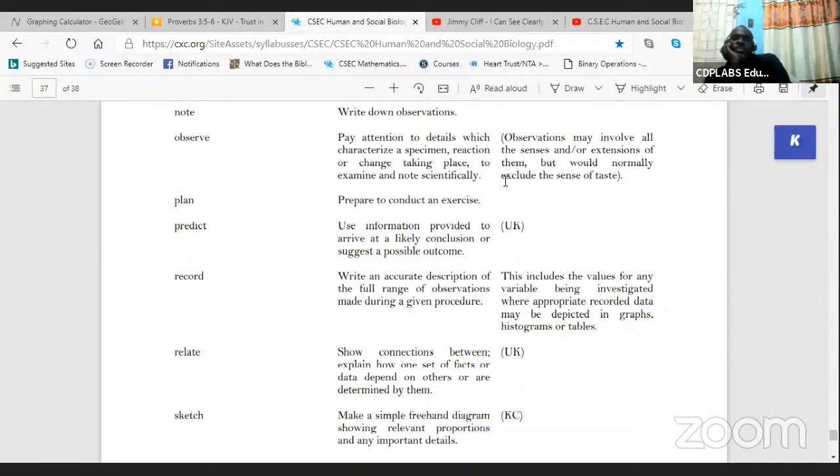Good. So when you talk about something, what it has in common, or connections, as you can see, show connections between, explain how one set of facts or data depend on others or are determined by them. So what they're saying to you is this. Take for instance, if I take out